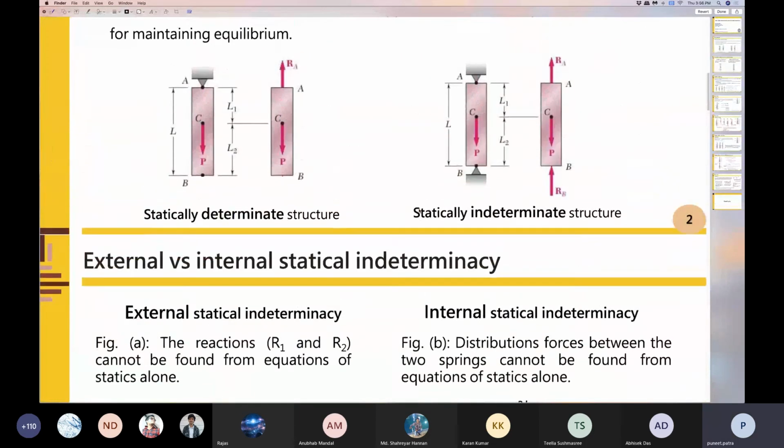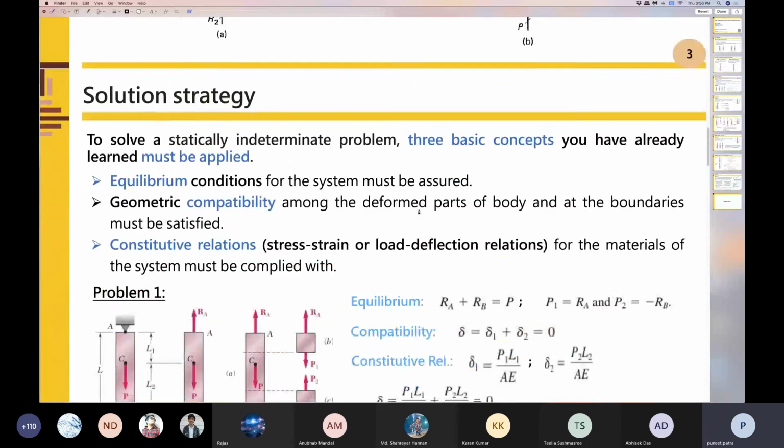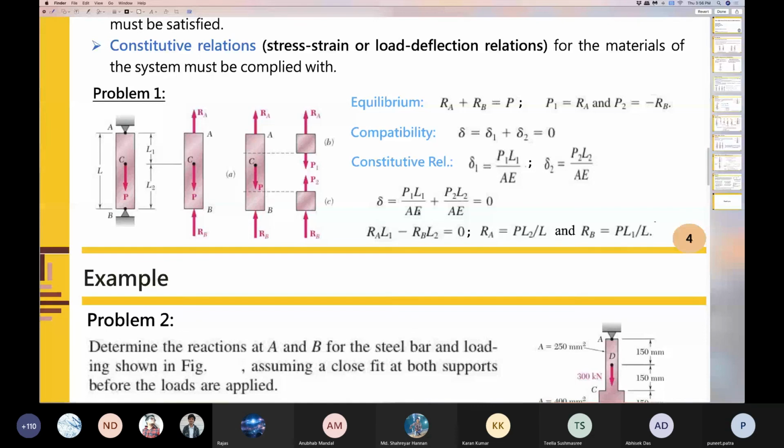So consider a problem which is indicated here in this figure as problem number 1. Over here you have a bar which is being kept in between two ends which are hinged. The line of action of these two hinges passes through a line, and in between this bar I have some point C where I am applying a force